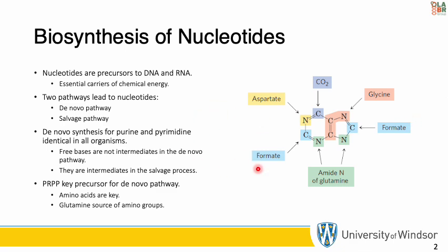What we want to focus on really is that there are two pathways that lead to the production of nucleotides right here, right? We have the de novo pathway and we also have the salvage pathway. The de novo pathway of nucleotides begins with metabolic precursors such as amino acids, ribose 5-phosphate, CO2, and NH3. That's the base of where it becomes, right? De novo means new, so you're building it from brand new, from scratch, right?